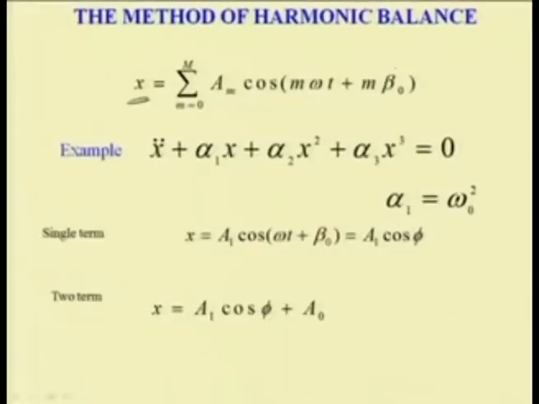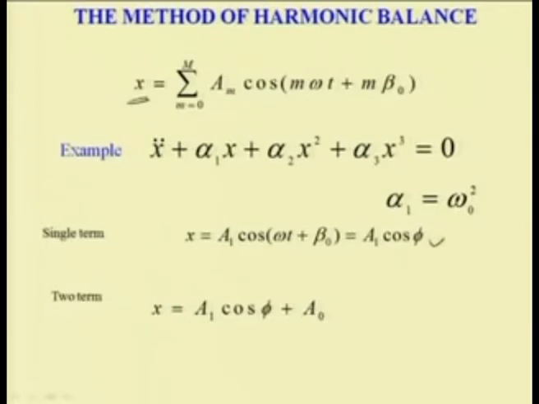When we take a two term expansion, we can take either the constant or we can go up to a 1 and a 2 by putting a 0 equal to 0, or we can have a three term expansion also. So, there we can have a 0, a 1 and a 2. So, we will study this harmonic balance method by taking a single term, then two terms, and then taking two harmonic terms. So, here we have taken a single harmonic with a constant term.